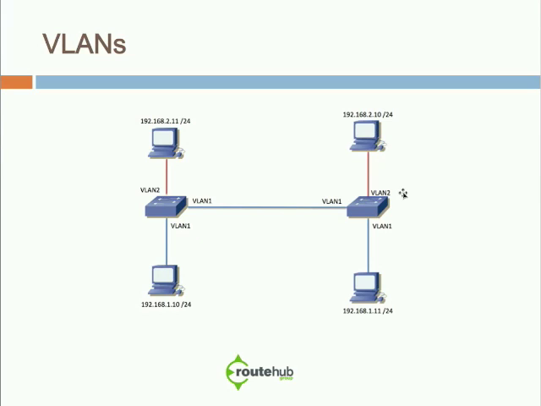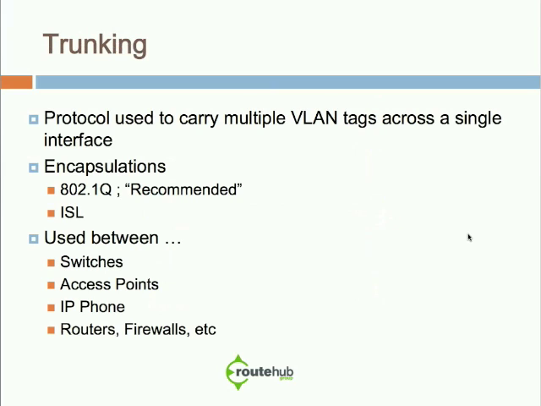Now, they cannot communicate with each other because VLAN 2 is not being extended to the other switch. Only VLAN 1 is. And that introduces us to our next technology to help. How can we resolve that? And that is trunking. Trunking is a protocol that is used to carry multiple VLAN tags